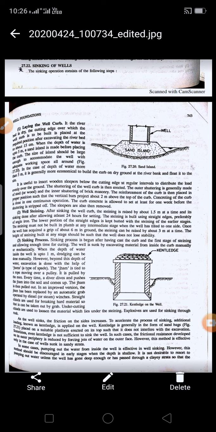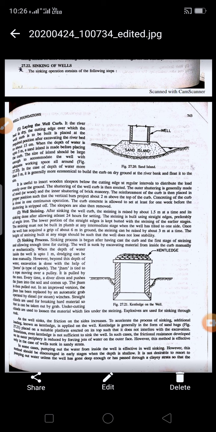Next is the sinking process. The sinking process begins after having cast the curb and the first stage of staining and allowing enough time for curing. The well is sunk by excavating material from inside the curb manually or mechanically. When the depth of water inside the well is up to 1 meter, dredging can be done manually. However, beyond that depth of water, excavation is done with the help of